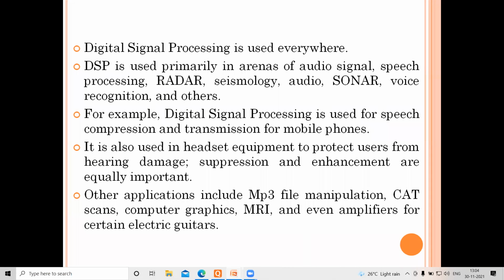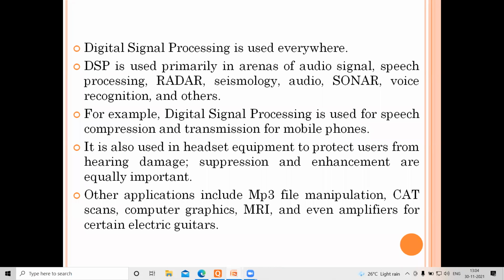We all know digital signal processing is used everywhere now. You find its applications in audio signals, speech signals, radar signals, image processing, audio processing, sonars. That's a part of radar again, voice recognition, speech recognition, handwriting recognition. You name an application, and there is probably nothing where you do not find an application of